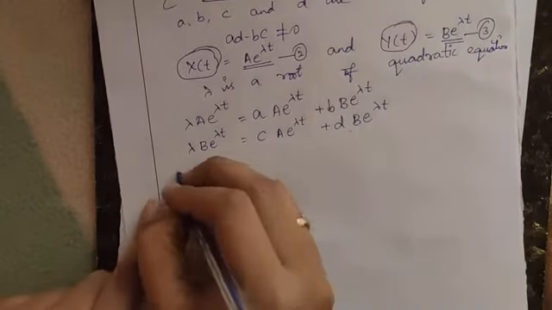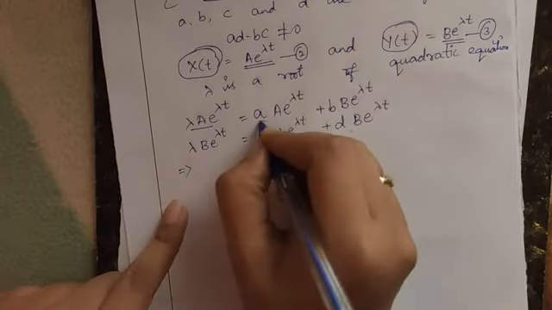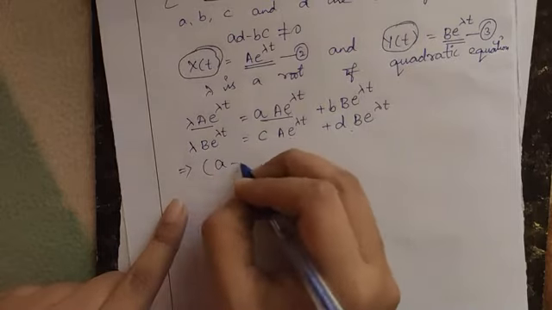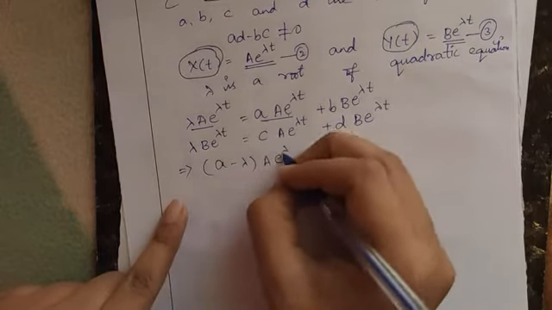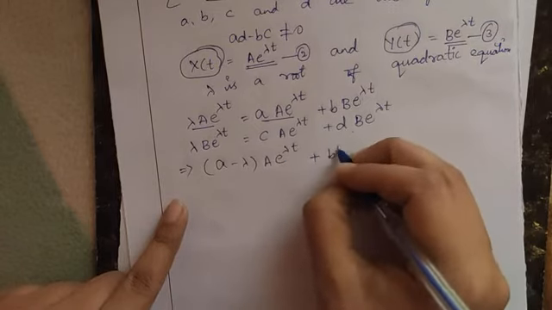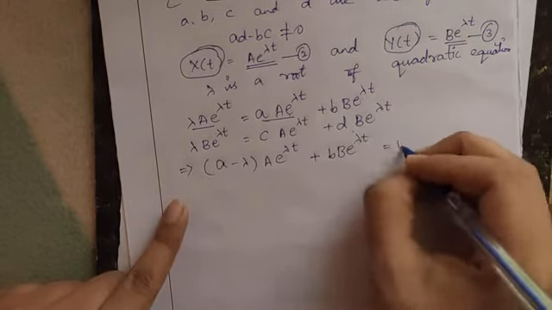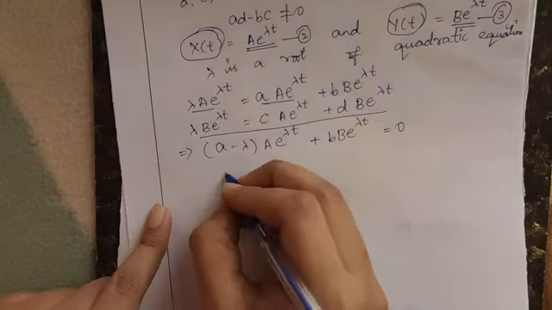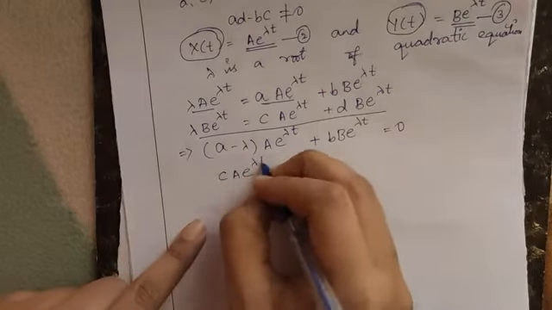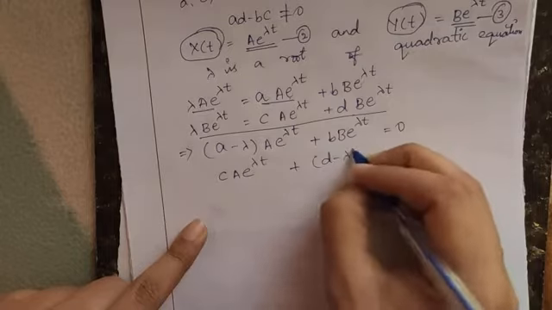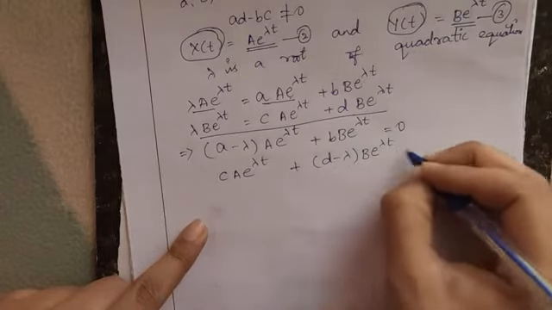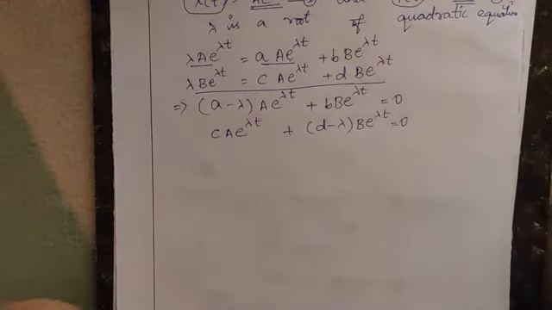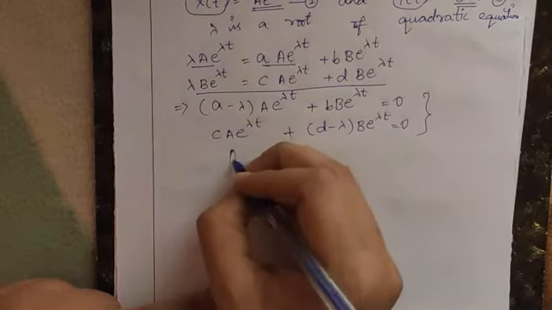So from these two equations I can take e power lambda t as common. So this is nothing but a minus lambda into a into e power lambda t plus b into e power lambda t is equal to 0. Similarly, from the other equation I can write c into a into e power lambda t plus d minus lambda into b into e power lambda t is equal to 0. So now in order to find the eigenvalues, we should write this in determinant form,